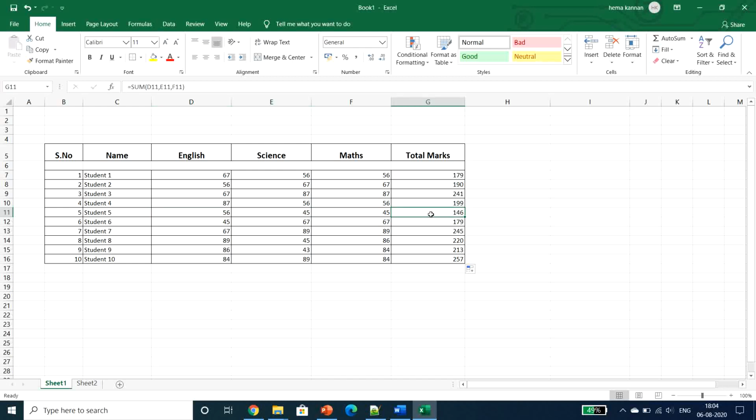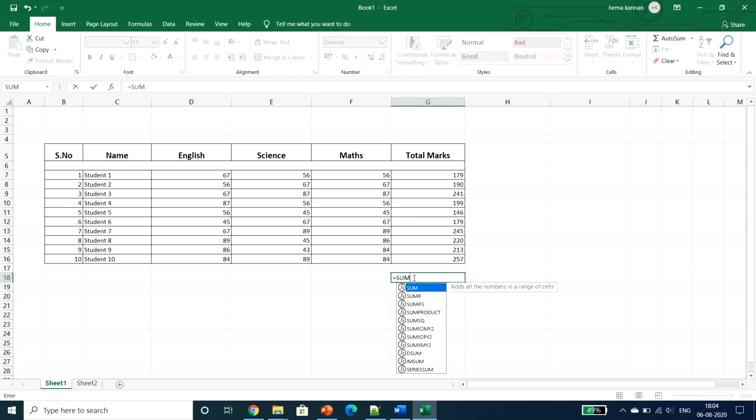So our job is made pretty simple, and as I mentioned before, the cell number plays an important role here. In the same way, if I need to calculate the total marks of all 10 students, it is possible. So how can I give it?